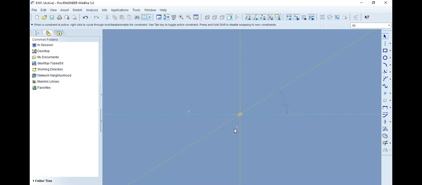So here, these two are already there. This is the vertical, this is the horizontal. So no need of dimensions. With reference to the horizontal line, it is giving you the dimension. So this we need to give as 40 degrees. To change the dimension, we need to double click on the particular dimension, and from the keyboard just type the dimension. So it is 40 degrees. Give the dimension and press the enter button. Right. So you'll get the angle. The angle is 40 degrees.